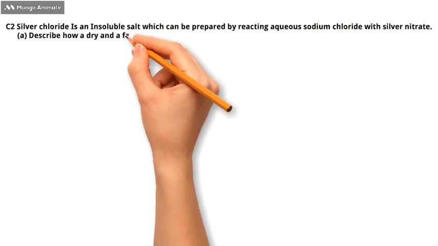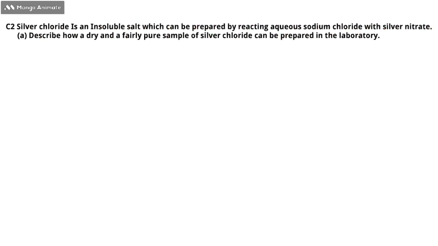Now let's answer question C2A, which is, describe how a dry and a fairly pure sample of silver chloride can be prepared in the laboratory. Here's how a dry and fairly pure sample of silver chloride can be prepared from sodium chloride and silver nitrate